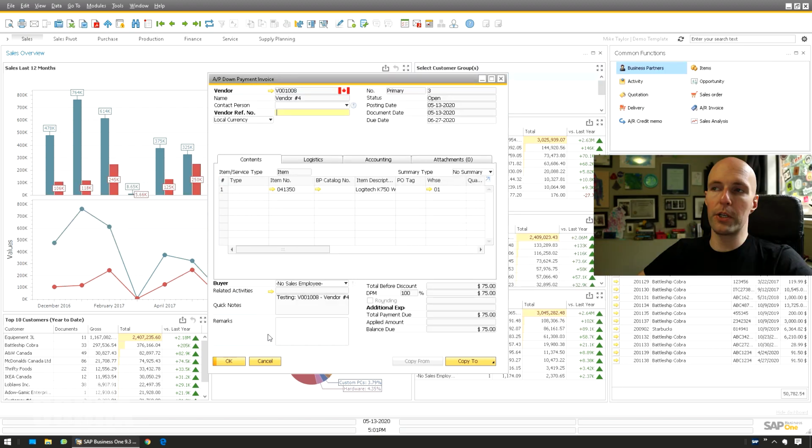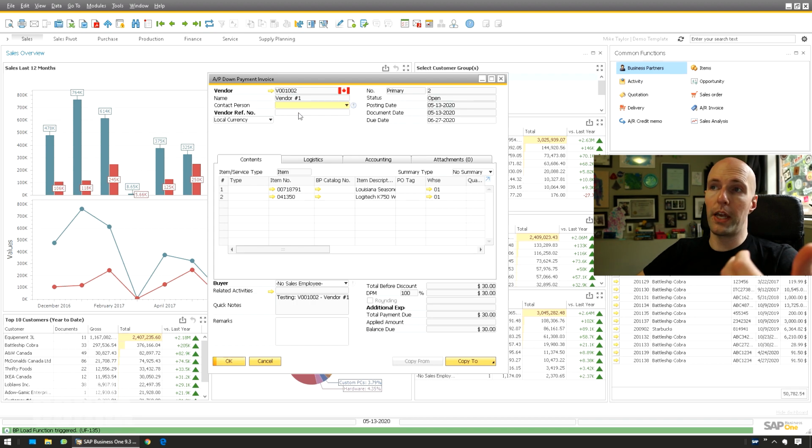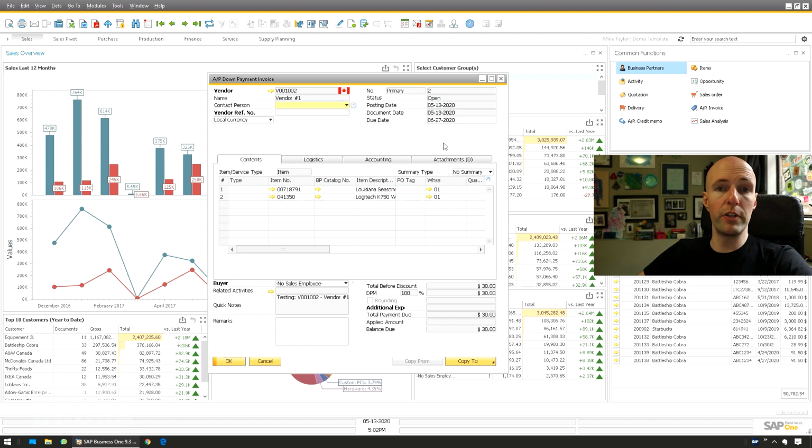So a lot of the fields, especially system fields, if you're moving between them and you're making changes, it will force the form into update mode. And if you've done some things with formatted searches, you'll know how annoying that is because every time you move between a form, it's going to make you update. So you can't just scroll between them. So this, when it doesn't update form mode, you can just go between them. There's only a couple in here, but it shows you that it's refreshing it. So again, if you're looking at like BP or say like vendor balance of orders, you can update that there and it won't impact it. It'll just refresh it in the background every time you scroll between it or every time you load the form.